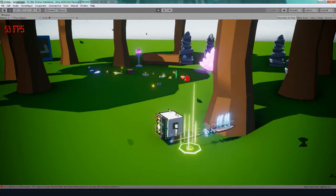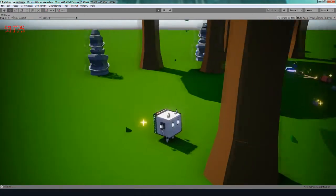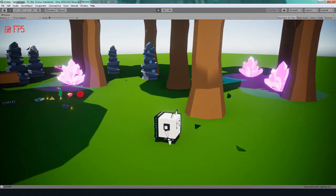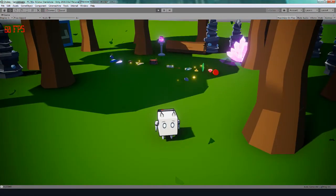Give it a few seconds, there you go, and it drops. So yeah, that's one other little mechanic I didn't show you guys. But for the most part, I realized that I found this kind of boring. And what I actually want to do